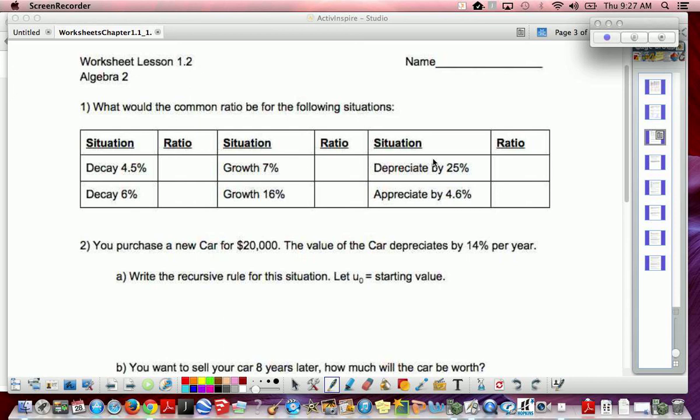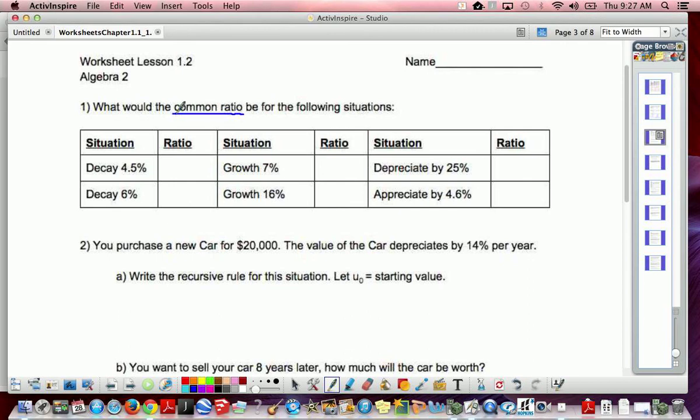All right, let's take a look at worksheet lesson 1.2, the first page of it, and some of the problems that we were doing today in class. So question number 1 says, what would be the common ratio for the following situations? Now when we're talking about common ratio, we're talking about a geometric, and as we talked today with the